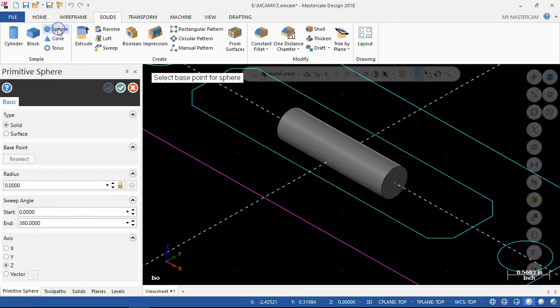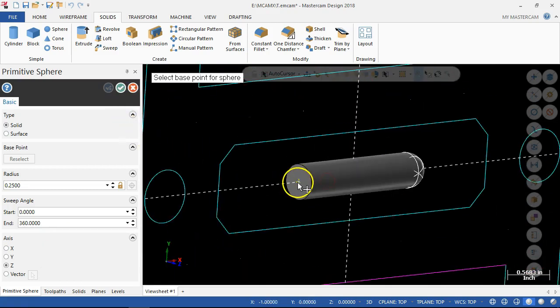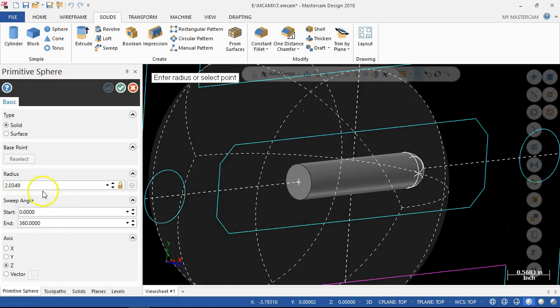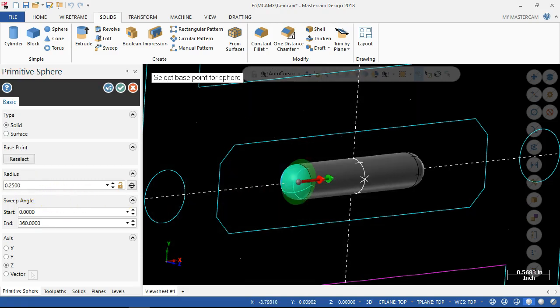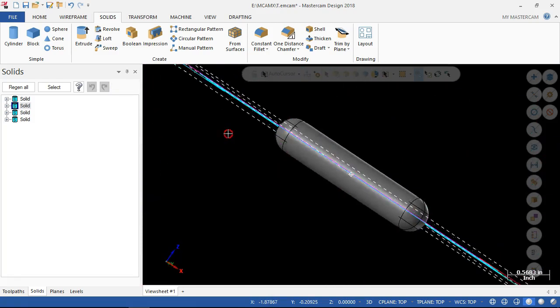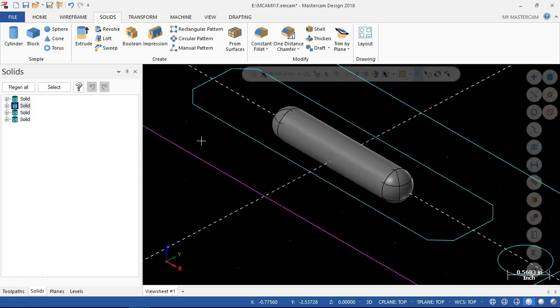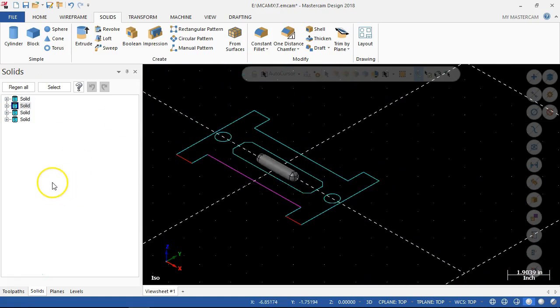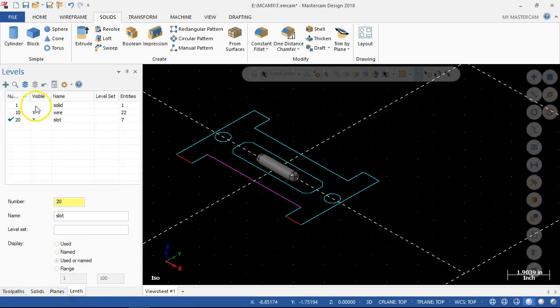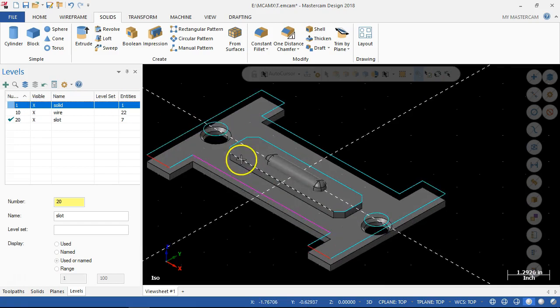All right. So I'm going to put a sphere, also 0.25 in radius. And if I can find the endpoints, this will be just standard geometry. Okay, so that makes the slot that I can generate with a ball nose. All right, so pretty much end up with the 3 solids. Let's go back into the layout levels. We'll turn on the